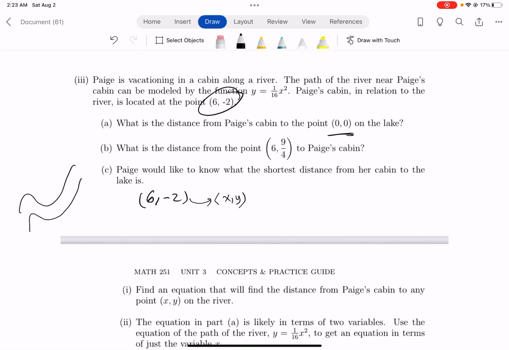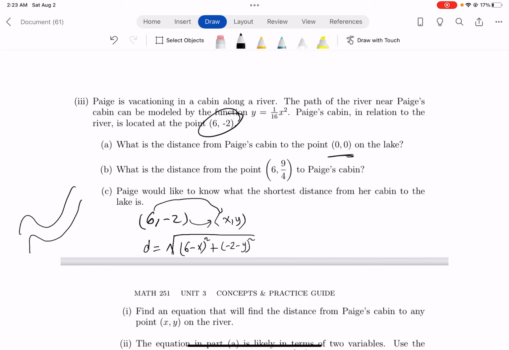So which means that the distance is the square root of (6 minus x) squared, or either way, you could do x minus 6. Whatever way of doing it, that's going to be the same thing. Plus (minus 2 minus y) squared. Okay, and that is the way we should do it. And now,